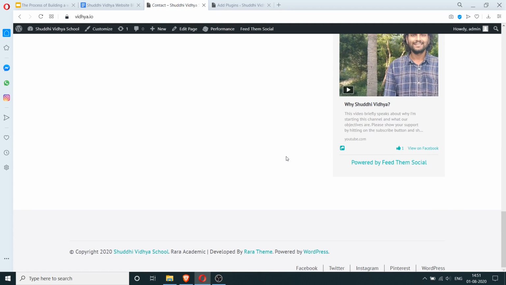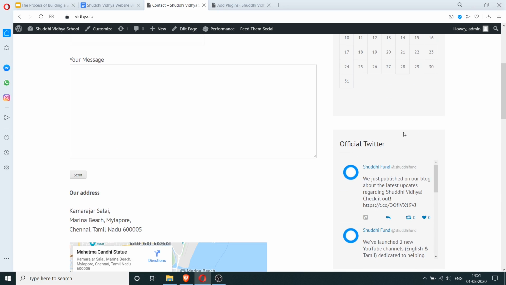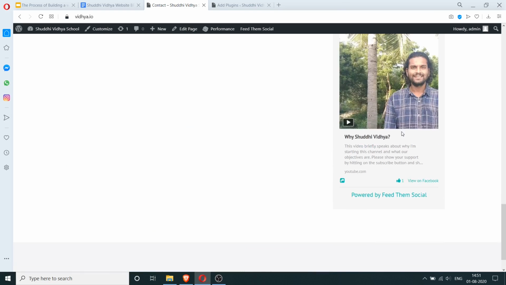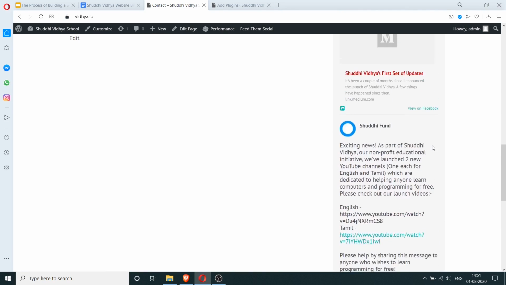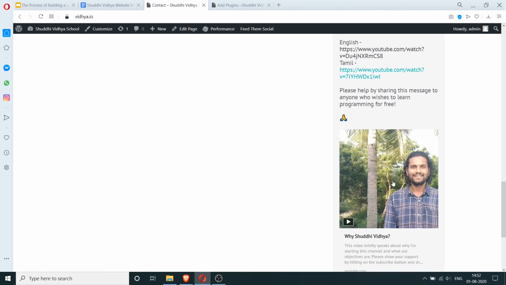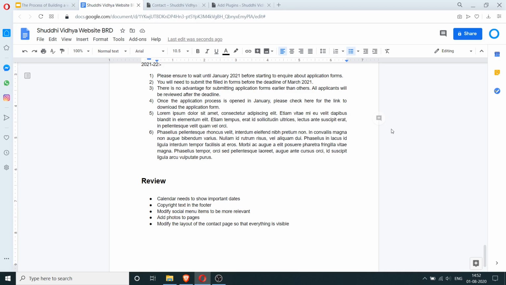The other thing is we have some footer space here which we're not using, and there's a lot of stuff here that's on the sidebar. So let's actually see if we can move some of this stuff over to the footer. It'll be nice to have this in the footer, but let's see if we can rearrange that stuff. So let's add that also on the list of things to do.